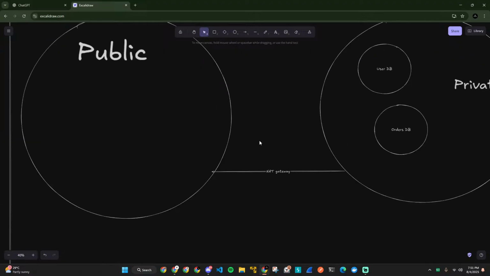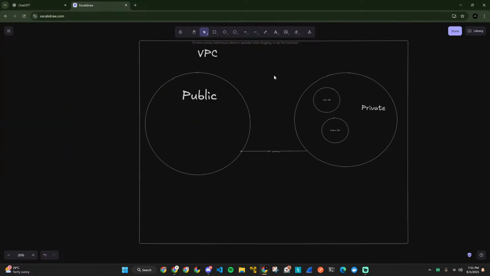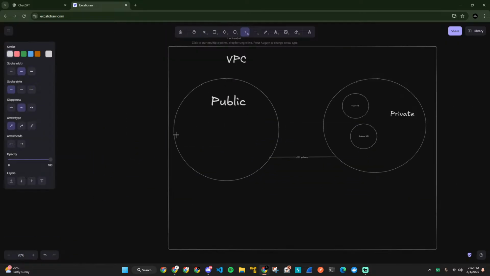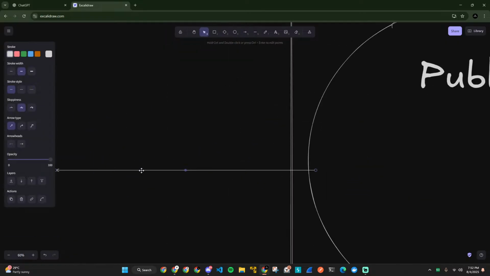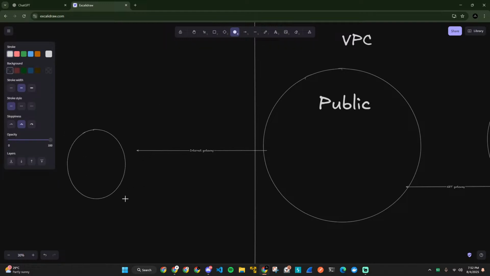Alright, so you see the NAT gateway right here, so we have the public subnet as well. So what we're going to do is we're going to try and use this public subnet. So we have the NAT gateway for the private subnet's communication to the public subnet. So then we have the internet gateway from here to access the rest of the internet, right? So first of all, let me try this. I'm going to say internet gateway, and through this internet gateway we're going to have another one, which is basically